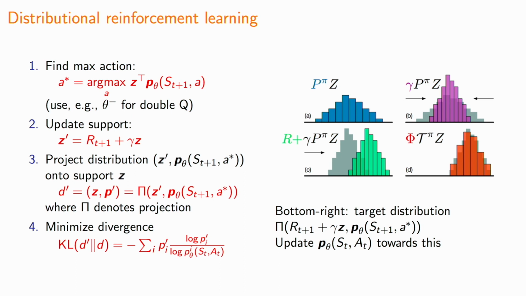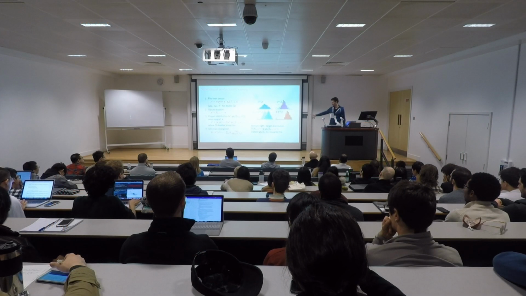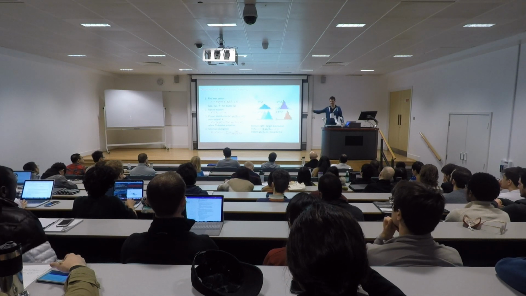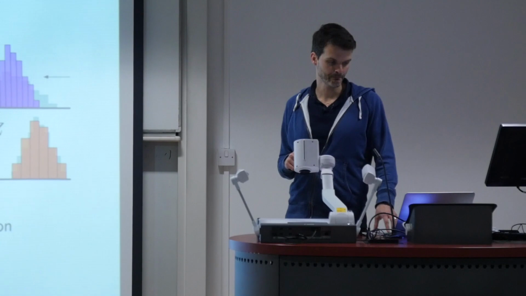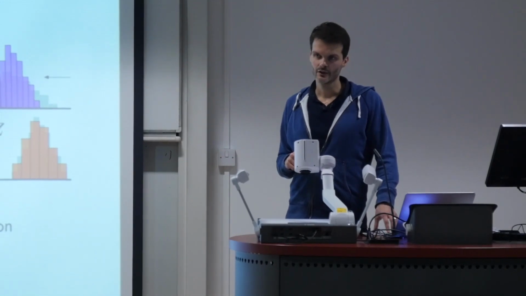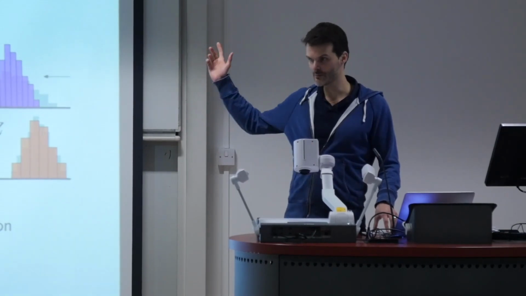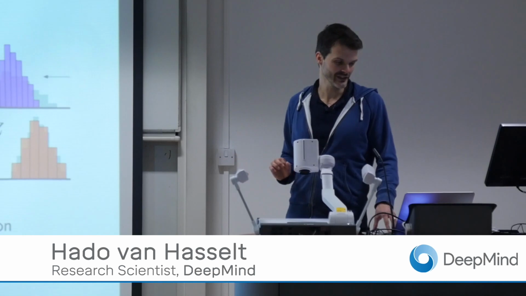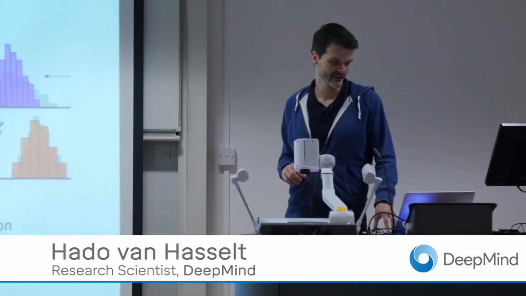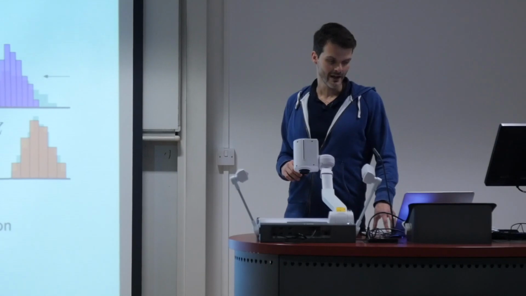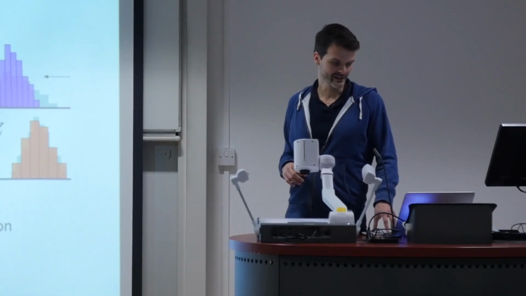So essentially this part here, which is in the picture, which is from the paper that I cited up there, shows you the first 3 steps, and then you still need to update your parameters to have the distribution at your previous state in action to more closely map to this distribution at the next, after the 1 step, at the reward in the next state. So for details, I would definitely suggest you look at either the Rainbow paper that I cited, which gives you the very short version of this, or of course for more depth at the paper that introduced this. I understand this is a bit fast, but the idea is hopefully a little bit clear.